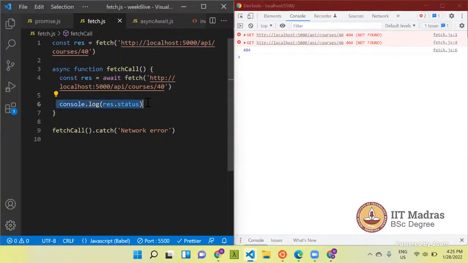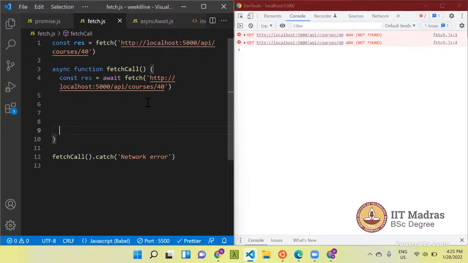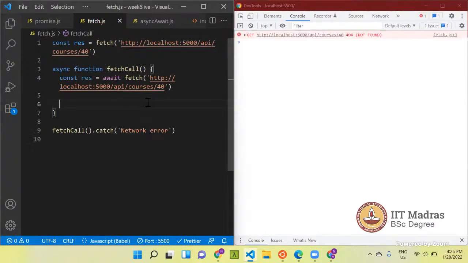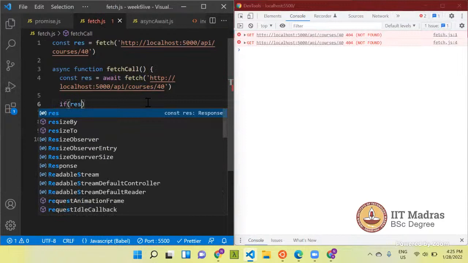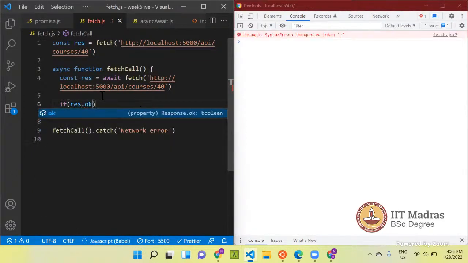So now what I will do, I'll check if the response.ok. What response.ok does is it will return true if the status code is between 200 and 300.